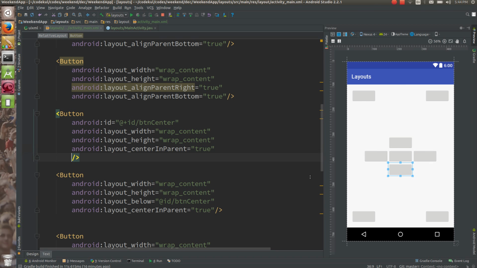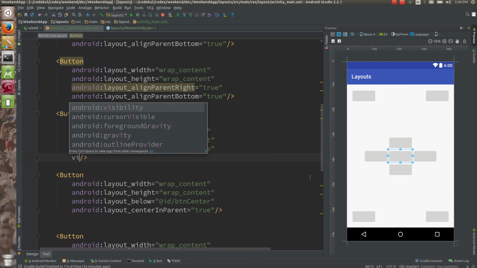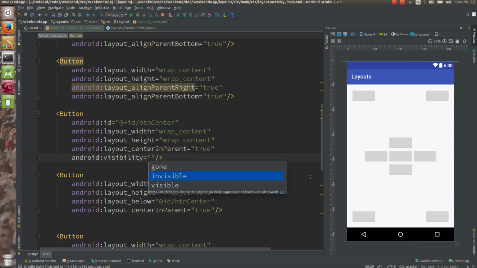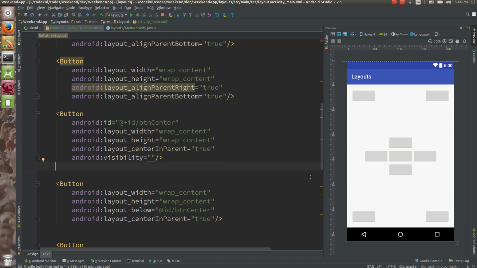Now what I will do is set visibility to gone, and all four views would be collapsed to one, because gone is going to remove that view. It is not only going to disappear, it is going to remove that space as well, and that's why all four are getting collapsed. So if you don't want to collapse, make it invisible. It just disappears, but the space is retained. Space over there is retained.